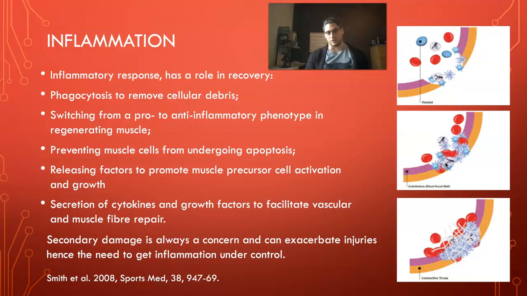You've also got other cells telling cells that are partially damaged to potentially die. We call this apoptosis, and other cells telling them not to die. So there's a consistent balance between this anti-inflammatory and pro-inflammatory profile going on at the same time. Now, you obviously need a degree of inflammation going on around here, so you get the pooling of the cells around the area, you get the repair of the damaged site as well.